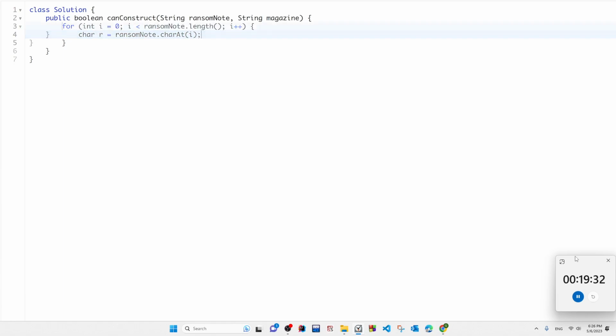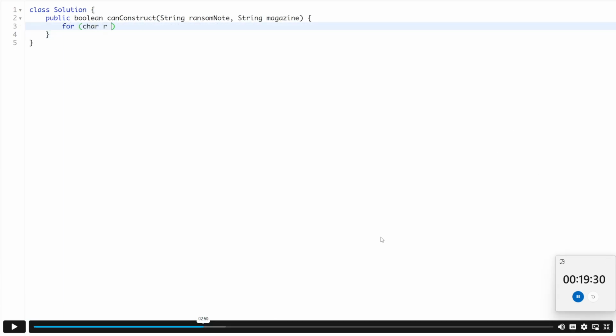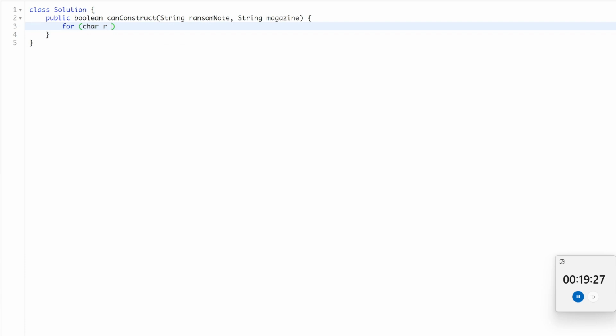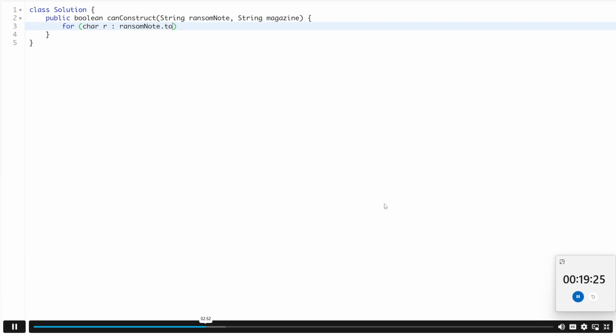A side note, some of you may consider using a for each loop with ransom note toCharArray. 等一下，去找一下我手机。哦，手机在身上。